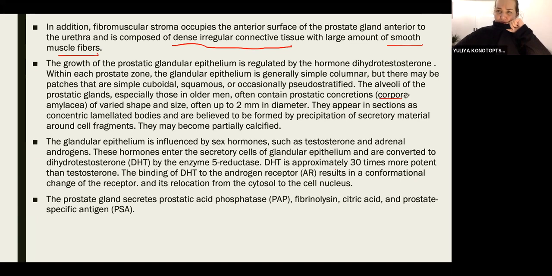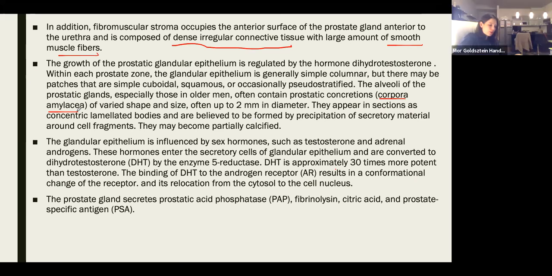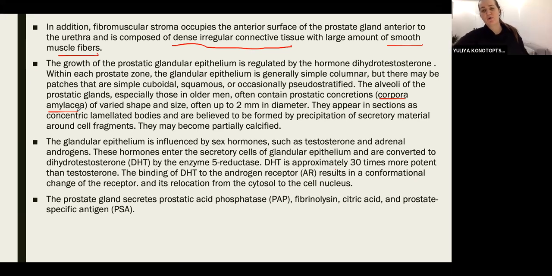Yeah, that's important. You remember we said that when we talked about the pineal gland, there's a brain sand. Do you remember? How did we call the brain sand? Corpora arenacea. Okay, we call it corpora arenacea. And I told you that we have another sand if you're a male, and that's the prostatic sand, right? So this is the corpora amylacea. So remember this. So there's corpora amylacea. So it's also like calcium precipitation in the